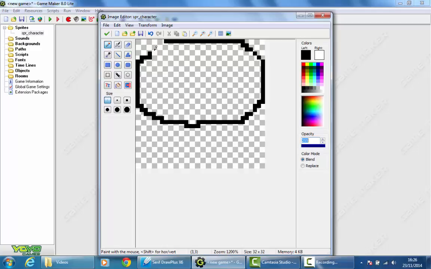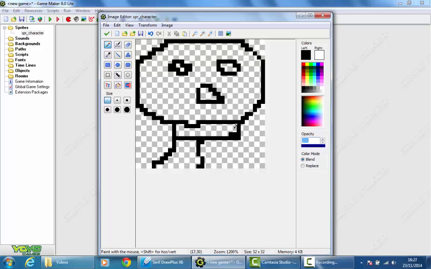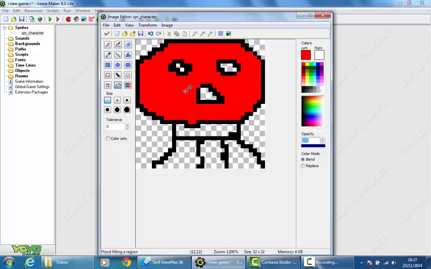And now obviously I am really rushing this. You can take a lot more time creating your sprite, but this is sort of me here creating a tiny little character sprite. This could be sort of an alien or a spider type thing I've got going on here, but I've really tried to maximize the use of the space. And have a play with some of the tools here. Obviously you've got rubber and you've got fill, and you can choose a color and you can sort of fill in different parts